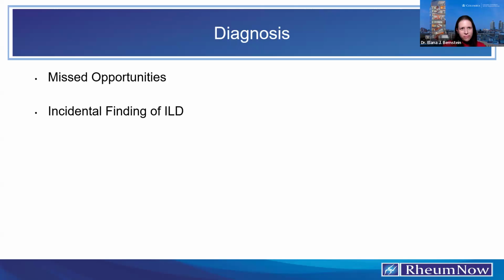So that's a very interesting question. I'm going to approach the question of incidental finding of ILD, and I think I'll get to an answer there. When we're screening our patients for interstitial lung disease, our question is, do they or do they not have ILD? So I'm not sure that I would say if you find ILD on a chest CT, is that really an incidental finding? Because you set out to look for it. And the gold standard diagnostic test for ILD is a high resolution chest CT. So I think if we see ILD on a chest CT, it's ILD.